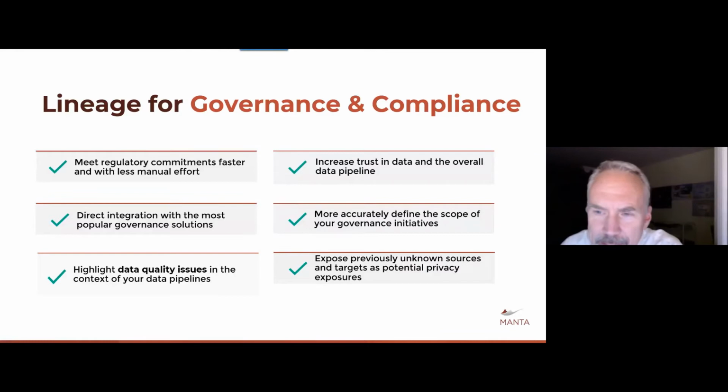And if I can identify data quality issues within the context of a lineage pipeline, I can help prioritize them. Everybody probably has data quality issues. We know that. But if I have a data quality issue that I can see in a data lineage result and diagram,